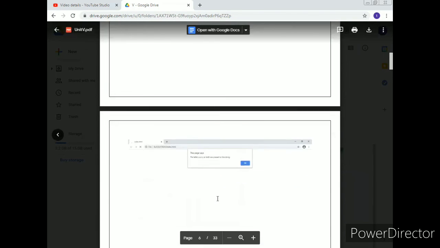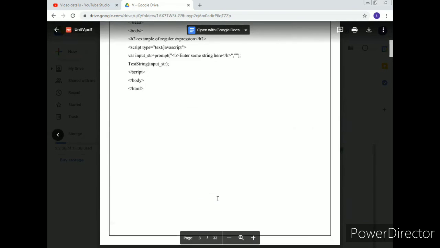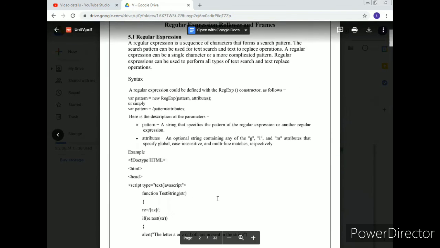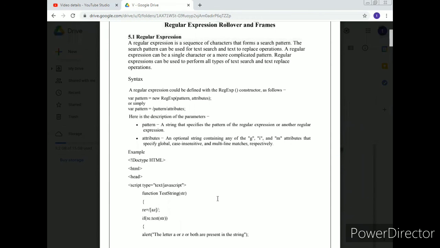Likewise, you use this regular expression for a notification box or something else, like checking your password. If that password data is already present in your database, you can apply this condition, and the notification box will show that the password is already present, or that the combination of your mail id is already present, so choose another combination. Likewise, you show that message using this regular expression. Okay, so this is the use of regular expression.